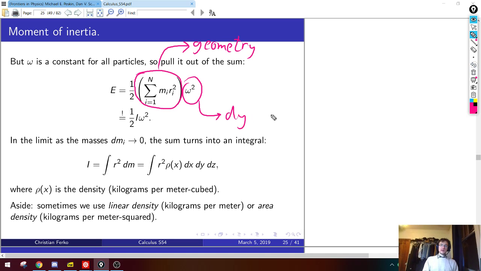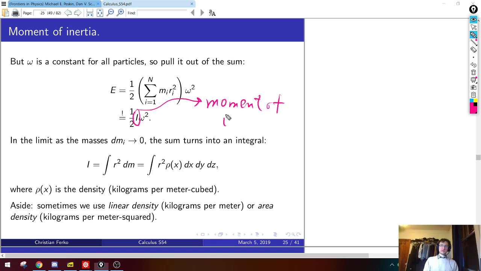Omega is just telling you how fast the thing is rotating. So omega knows nothing about the shape. You could have a sphere rotating with a certain angular velocity omega, or a cylinder, or a rod. It doesn't matter. Omega is just a speed that tells you about the dynamics. So we've split the energy into a constant, which knows about the geometry, and a different constant, which knows about the dynamics. So whenever you've made such a split, it makes sense to define a new letter for the term in the middle, which now is written as an ugly sum, and that's called the letter I, which is the moment of inertia.